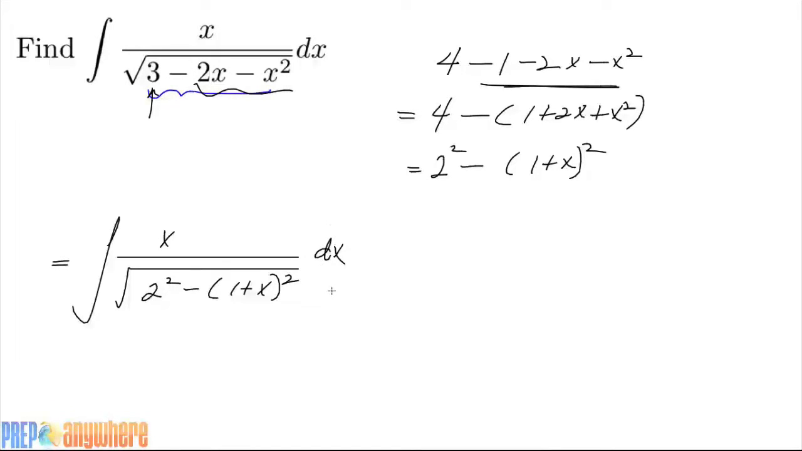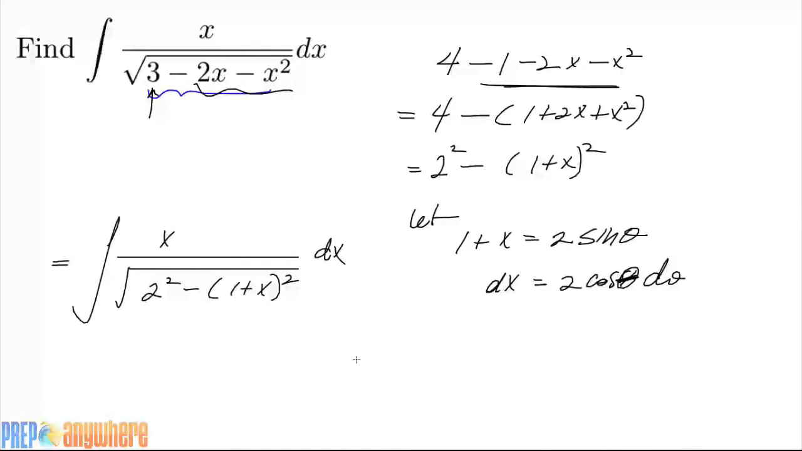So now you can do trig substitution. Now let's let 1 plus x equal 2. Which ratio is it? Sine, tangent, or secant? This is sine, right? Sine theta. So you get dx is equal to 2 cosine of theta d theta. Look at the top though, x. We still have x on the top, so you're going to have to replace that with 2 sine of theta minus 1. Now,